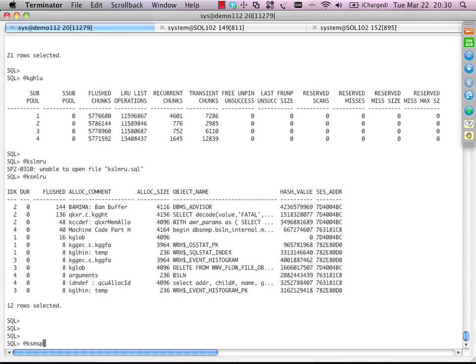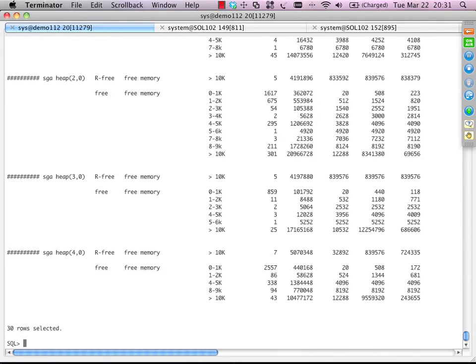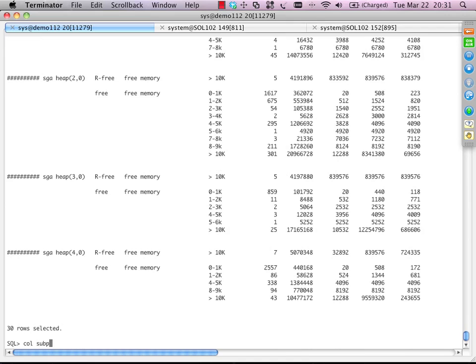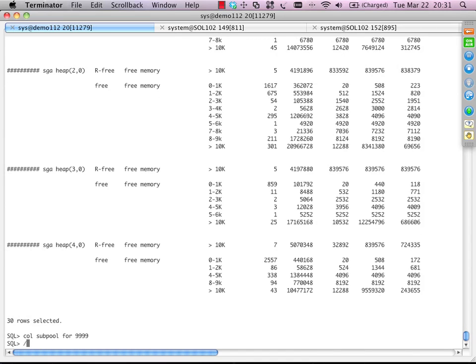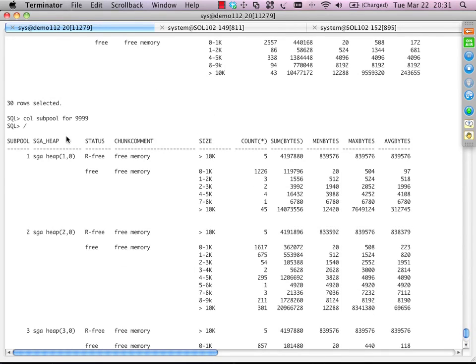So this is a script which is based on this dangerous $, and it's taken from Metalink, and I've modified it a bit to suit my needs better. And you see, I actually say a warning, and now you can press Enter or Control C. I think I had a little formatting issue here. Okay, so I ran this $, KSMP,